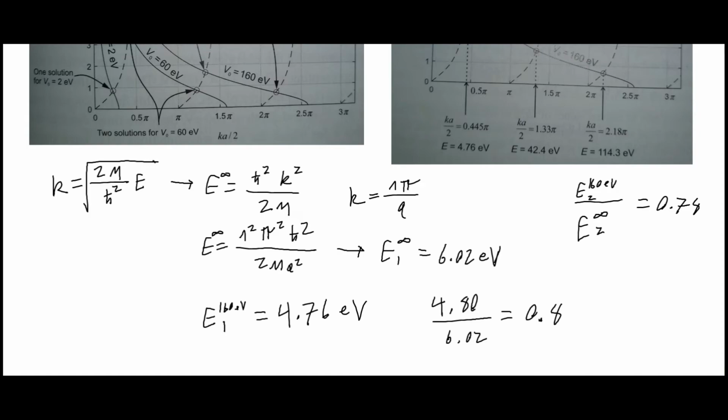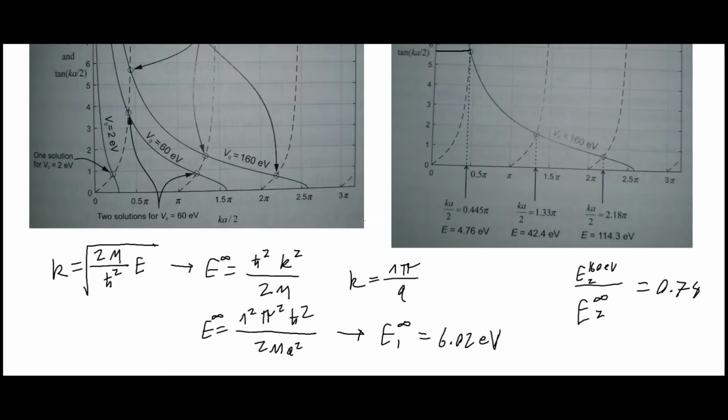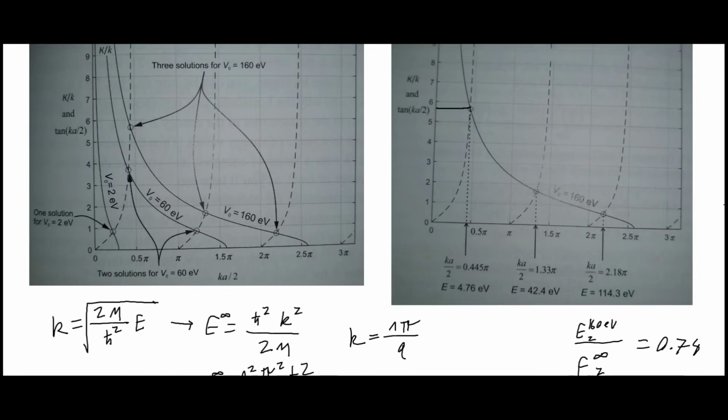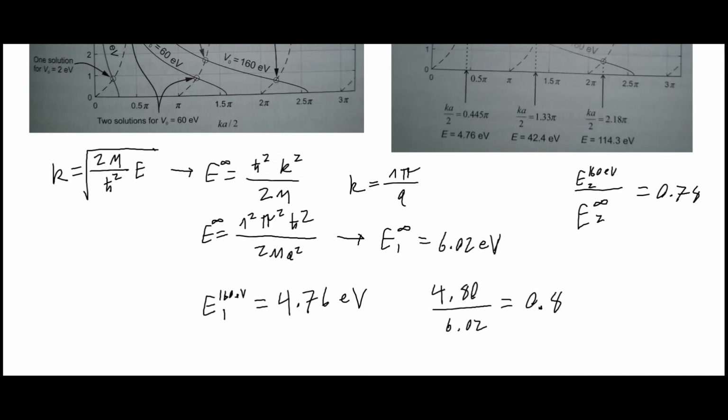Also, one thing to point out is that in the finite rectangular well, we have a finite number of these solutions. What that ends up meaning is that if we have an energy level that goes higher than this, then that will cause the electron to escape the well. So like in the infinite rectangular well, we essentially allowed n